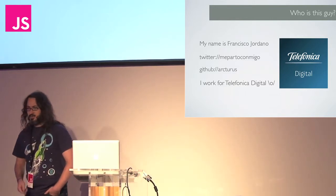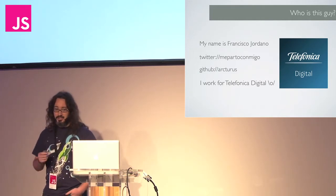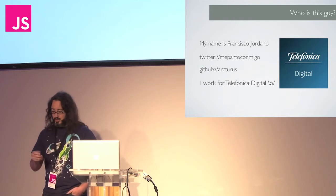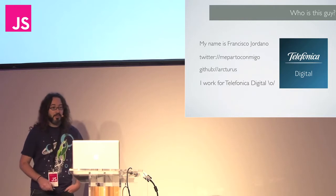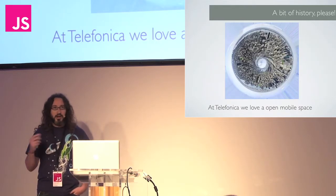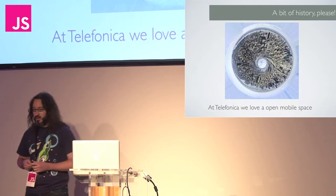And you are going to think, okay, why is a guy from Telefónica Digital talking about Firefox OS? So let's start with a bit of history, okay? And I will explain why I'm talking about this. So in early 2011, we at Telefónica Digital started to realize that